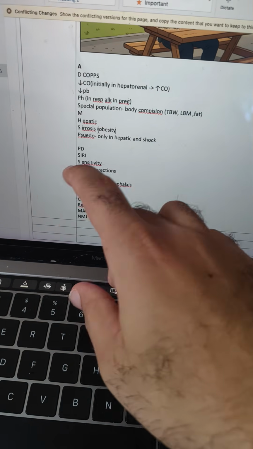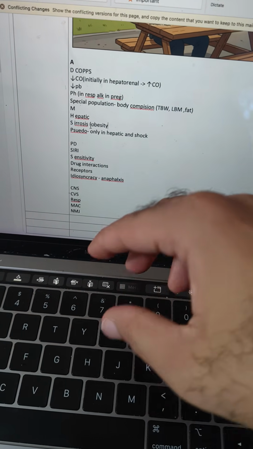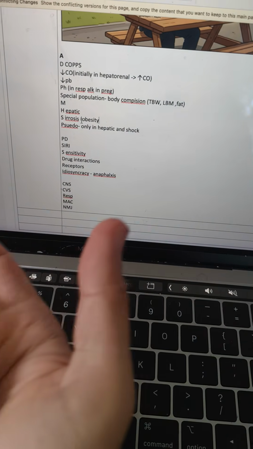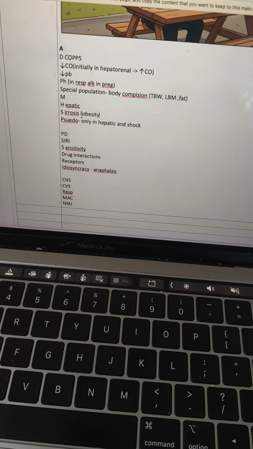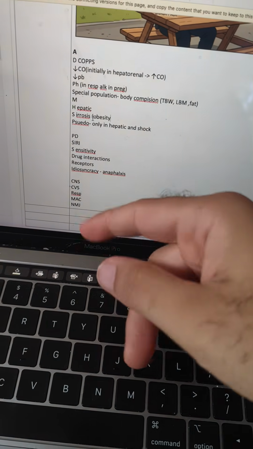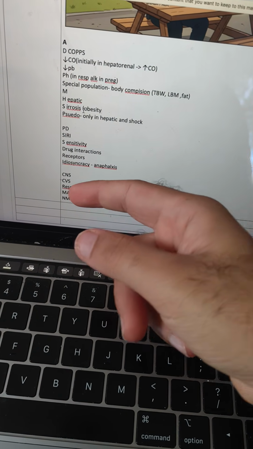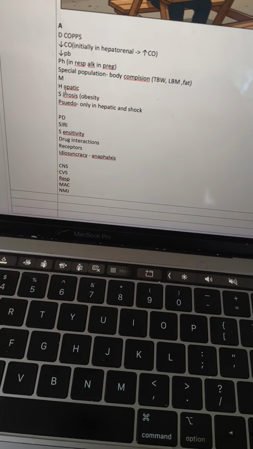And then we have Siri, which is the PD factors. So sensitivity, drug interactions, receptors, and idiosyncrasies, like anaphylaxis. So there's obviously a lot more you can go into the different organism, and MAC is something that I always forget too. So